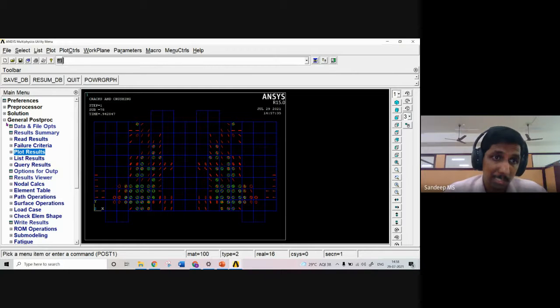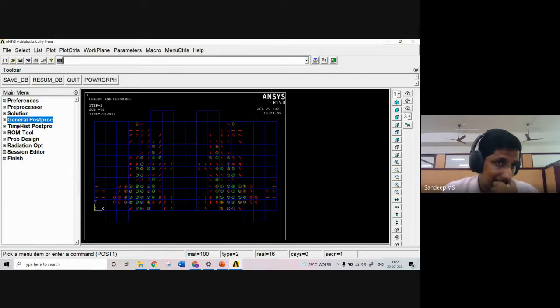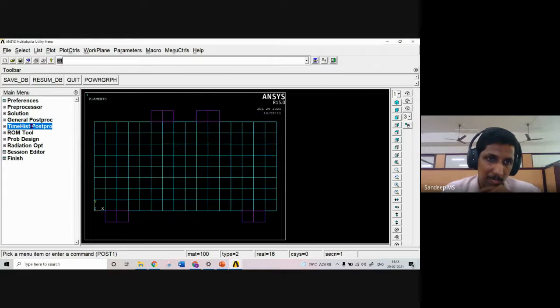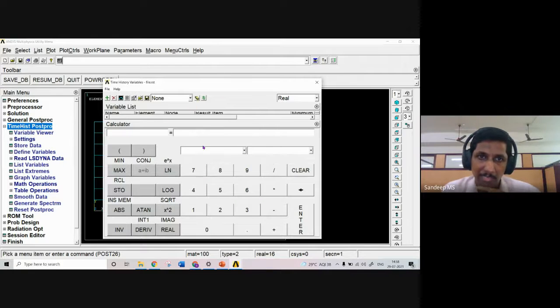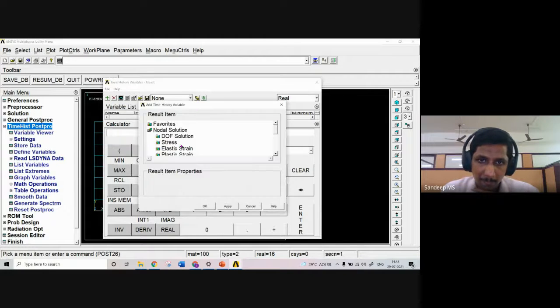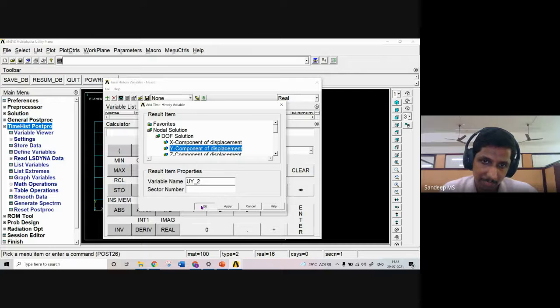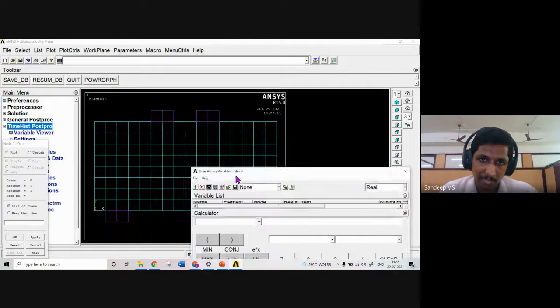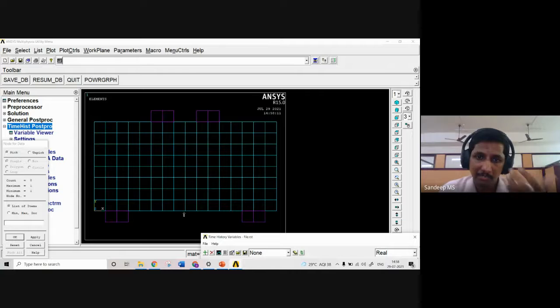Now we have to get the load deflection response of this beam also. So that also can be done in this. For that, what I am doing is, below this we have an option called time history postprocessing. I am just going inside that so that I will get a window like this, and I have to add data by pressing this button. And from nodal solution, I am taking degrees of freedom in the y direction. Okay, and okay. So I have to select a node where I need the deflection to be calculated. Normally in the experimentation, we will be fixing a dial gauge at some particular location.